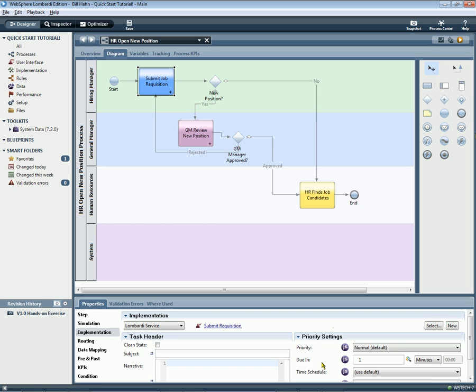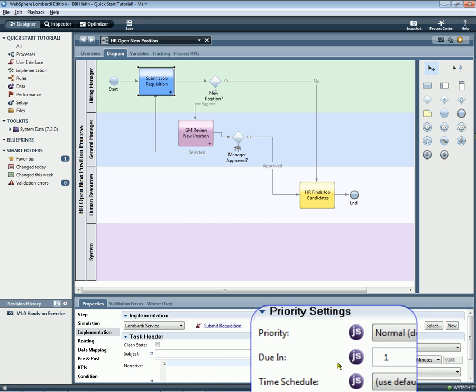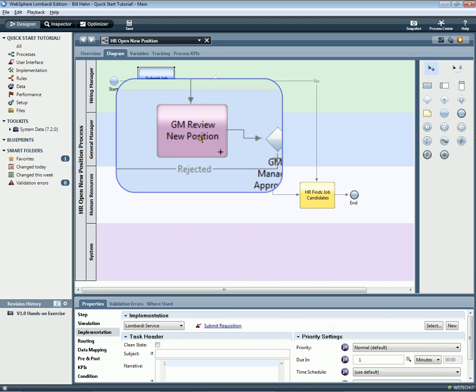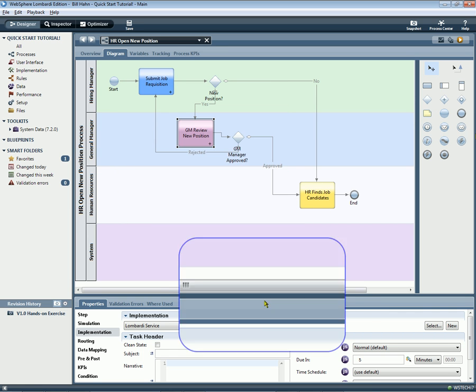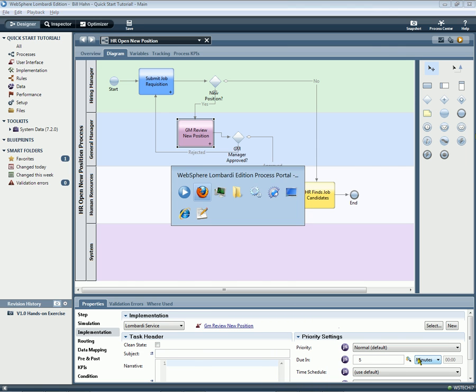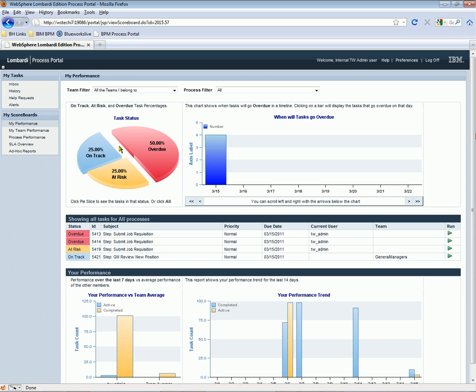And what we've done for this quick start tutorial process is configure the due dates specifically. For the first activity, the due date is set to 1 minute so that we have an easy way to see the progress and the variety of the scoreboards. And for the general manager review new position step, we've by default set the due date to 5 minutes. So the first activity is set to 1 minute, the second activity is set to 5 minutes, and just in the time that it took me to explain how we configure the due dates,